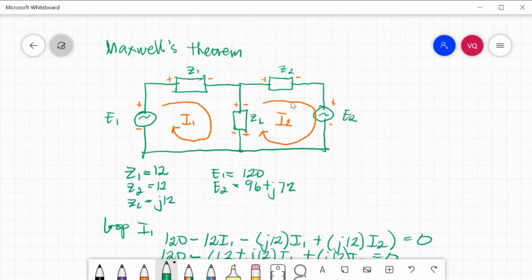So we will expect I2 to be negative, because our answer in Kirchhoff's earlier for I2 is positive 2 amperes. So let's expect our answer to be negative 2 amperes, because their directions are opposite with respect to the circuit